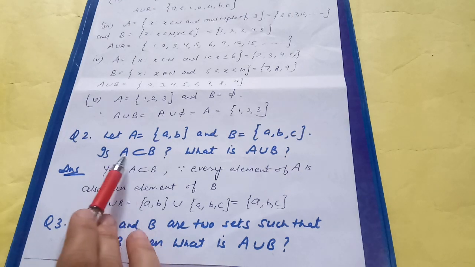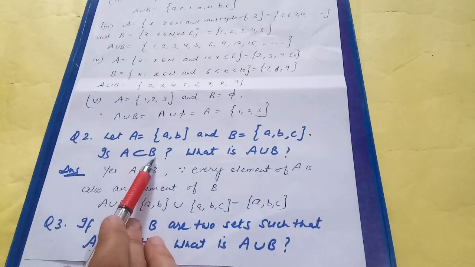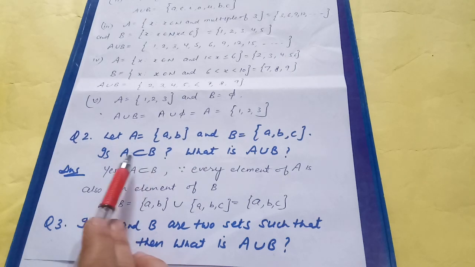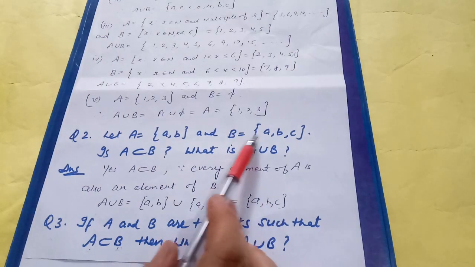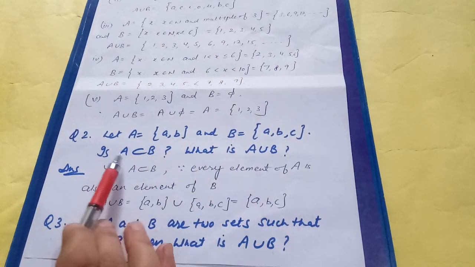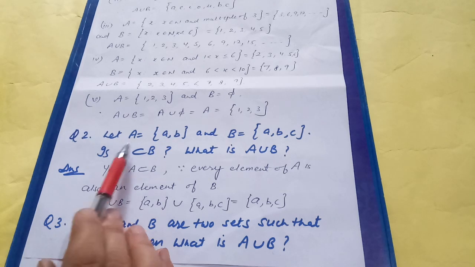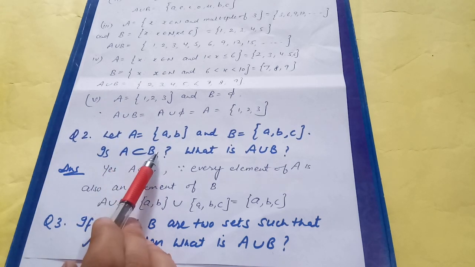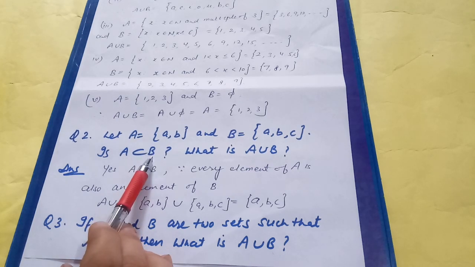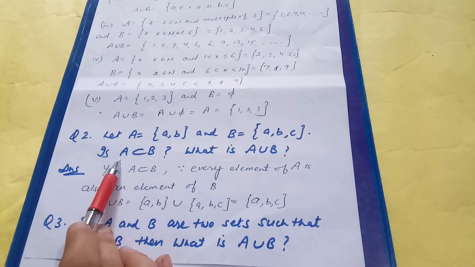In this question here, A subset B, सी ए सबसेट बी, यहाँ पे ए बी का सबसेट था, तो ए यूनियन बी किसके इक्वल बनी? ए यूनियन बी डैट इज इक्वल टू ए बी सी, and ABC is equal to B set. So if all the elements of A are in B set, then union of A and B is equal to B set, because B contain all the elements of A set.